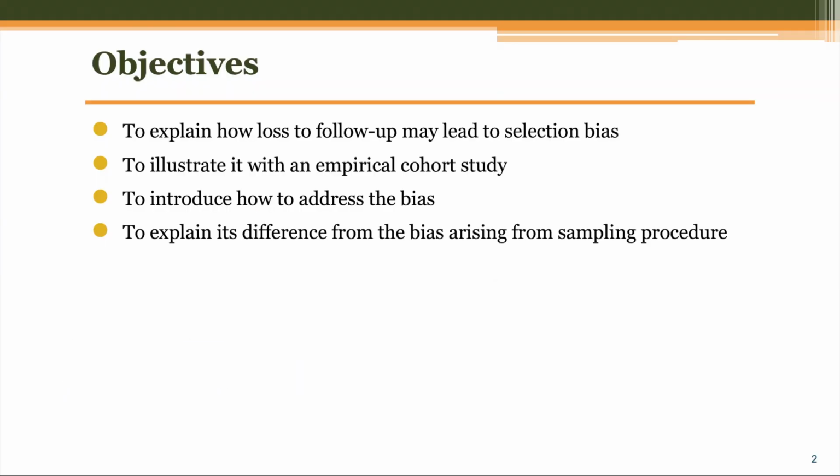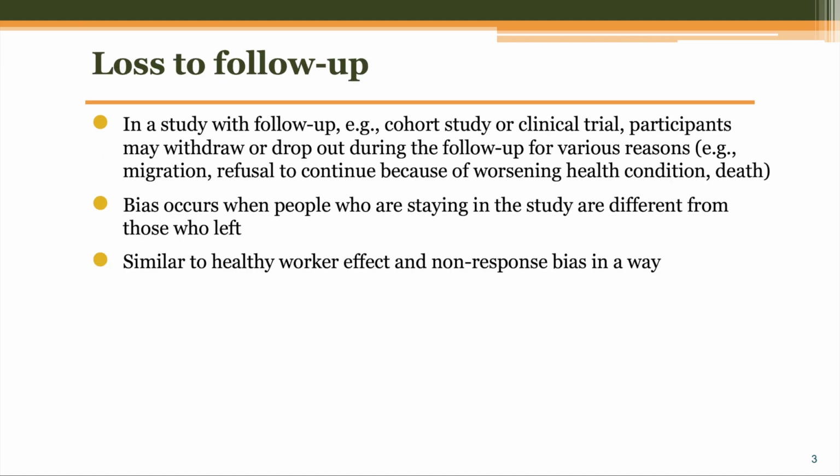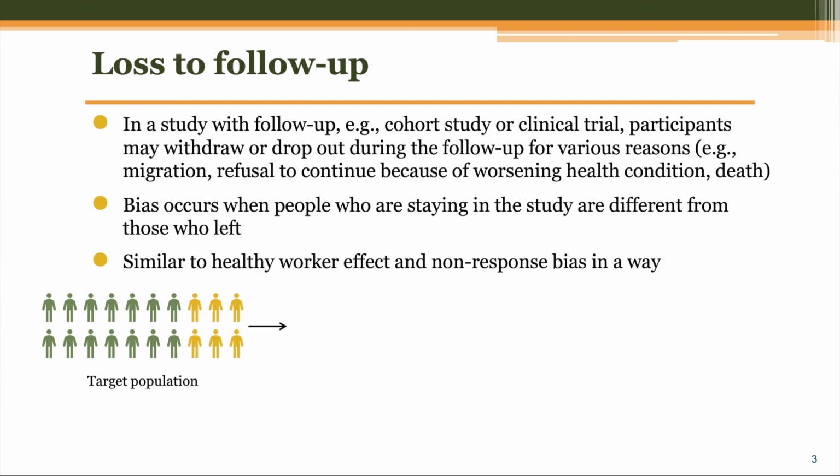The objectives of this module are to explain how loss to follow-up may lead to selection bias, illustrate it with an empirical cohort study, introduce how to address the bias, and explain its difference from the bias arising from inappropriate sampling procedure. In a study with follow-up, for example, cohort study or clinical trial, participants may withdraw or drop out